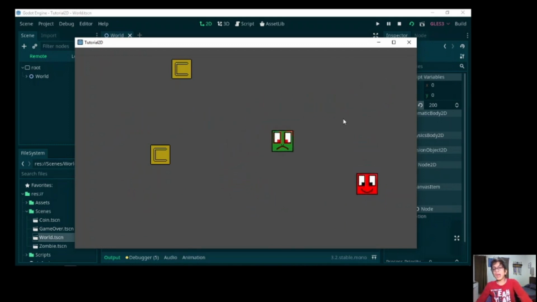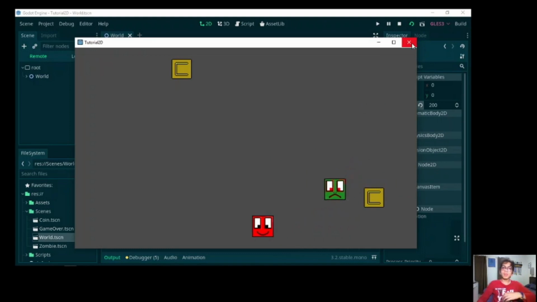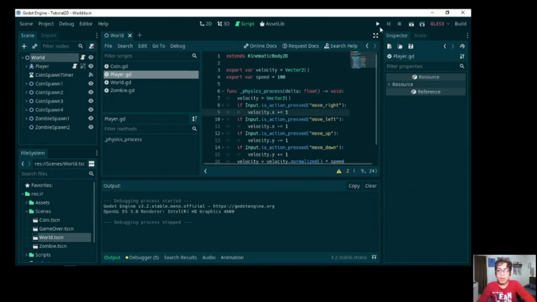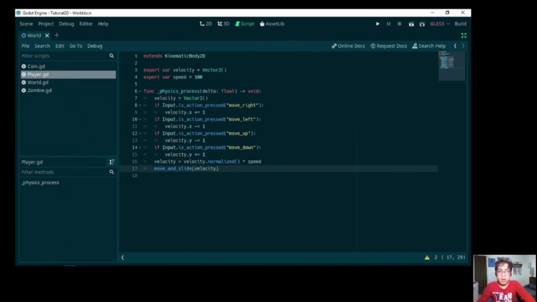So what I wanted to add in this part is a zombie spawner that continuously spawns the zombies and makes the game harder. And also the player can right now go off the screen, which isn't very good. So let me fix that first. To fix that, I'm going to go to the player script and go into full screen. Inside of here, what I'll do is